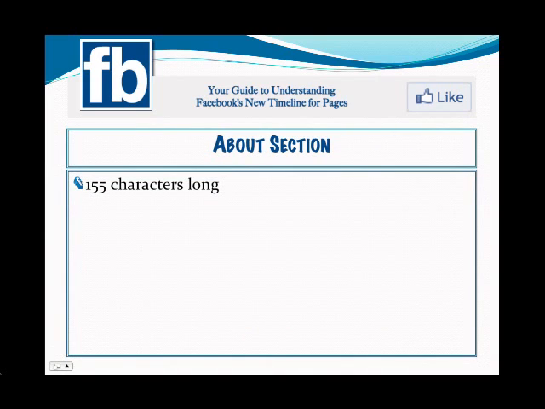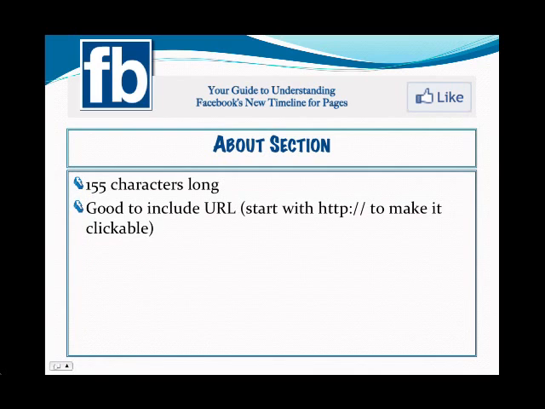The About section is 155 characters in length, so you don't have a lot of room here, and you have to make use of that room. You might want to include a URL, so your website address, or maybe you have an opt-in form somewhere. Then you want to include the URL here. To make it clickable, you have to make sure that you include the HTTP as a prefix to your www. Make sure that you include the HTTP in the beginning, and that will make the actual URL